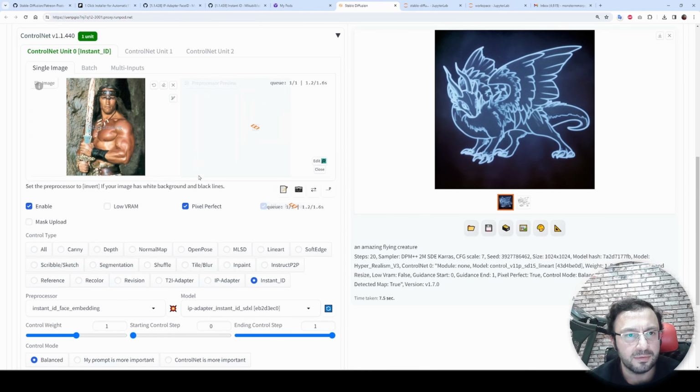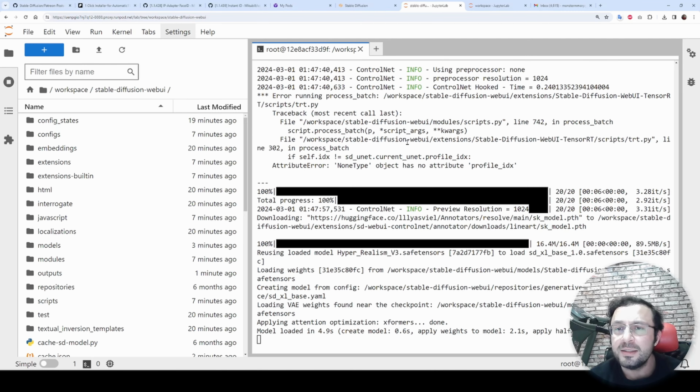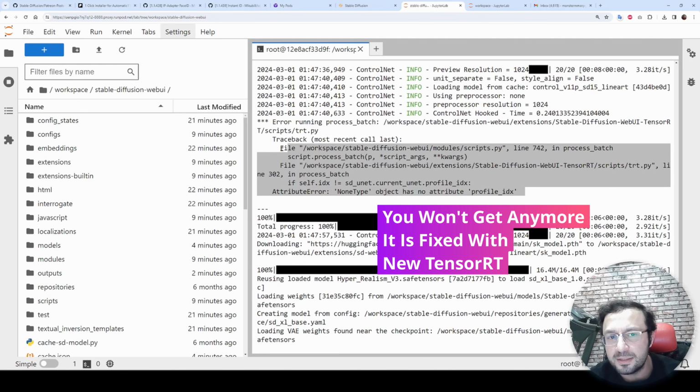Let's click the preview to see if it will show the preview. I don't know if the preview is working or not. With my scripts, you can also watch what is happening in this terminal because we are starting them from the terminal. By the way, you will also get this attribute error. This is the error of TensorRT. I think this will get fixed when they update TensorRT. So the preview is, yes, it is downloading the necessary models. Okay, we should get the preview in a moment. It downloaded the necessary models for the InsightFace library. And yes, we got the preprocessor output. I think it is not very important.